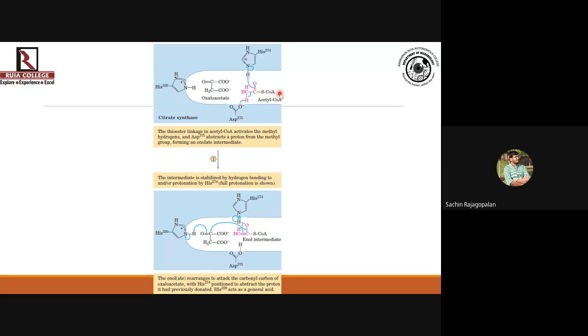O, S CoA. Now to stabilize this, as you remove this hydrogen, a double bond should form between these two carbons. Okay, and this oxygen, the oxygen of C double bond O, it will interact with the hydrogen of the amino group of histidine. Okay, so the aspartic acid residue is taking the hydrogen, and here histidine is giving its hydrogen for interaction, such that an enolate intermediate is formed, which looks like this.